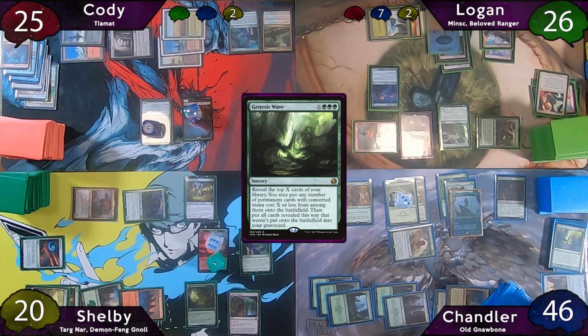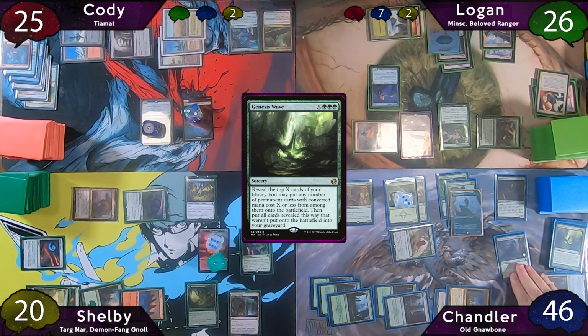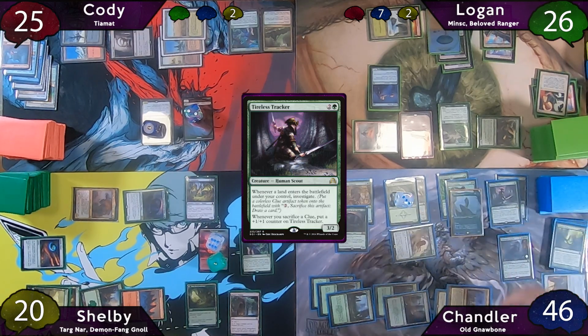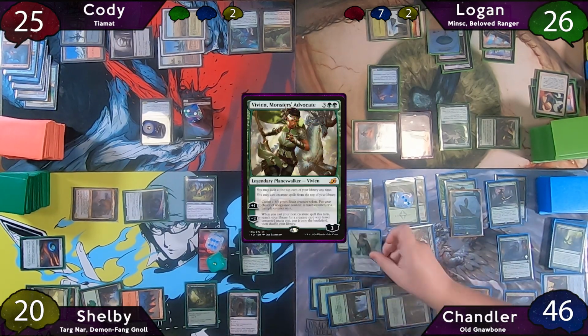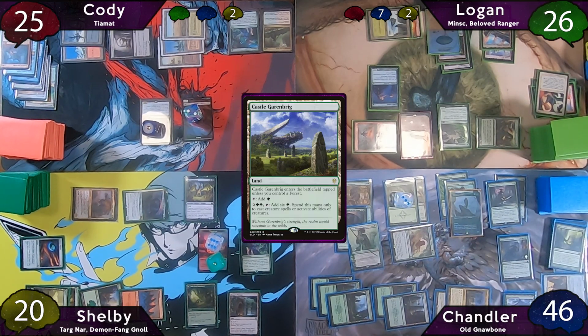It'll resolve, and he reveals the top 26 cards of his library and puts pretty much any permanent card from them onto the battlefield. I'm going to try to get through this as quickly as I possibly can. The first card he puts in is a Natural Growth, then his own Goreclaw, Tireless Tracker, a Bonder's Enclave, Vivien, Monsters' Advocate, Tranquil Thicket, Castle Garenbrig, a good old Soul Ring,